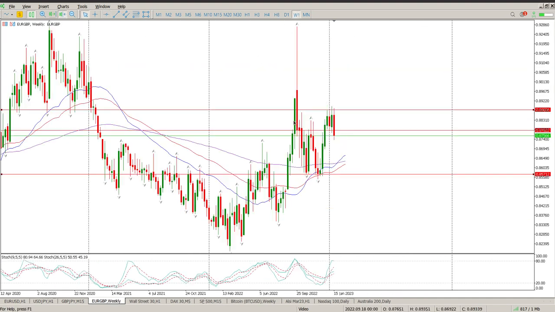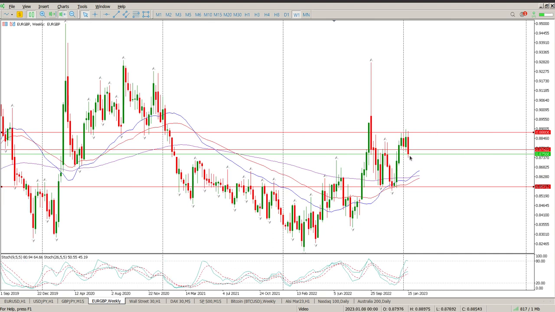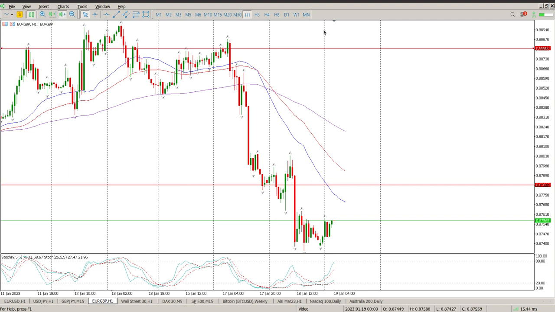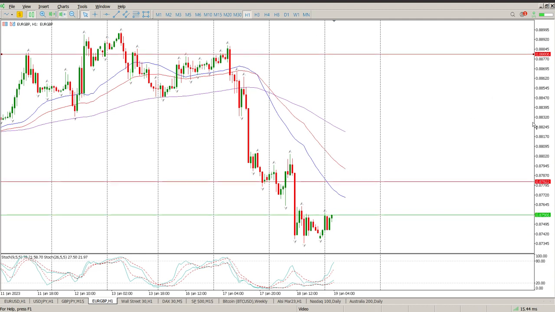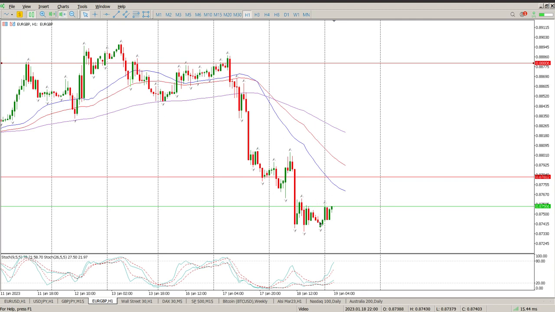Wouldn't surprise me if we look at this on the weekly. Up there we go. Massive range that is forming here. Now drop down to the hour. You can see there's a bit of structure forming. Nothing really exciting. Look at the oscillators here. We are in a downward trend, so